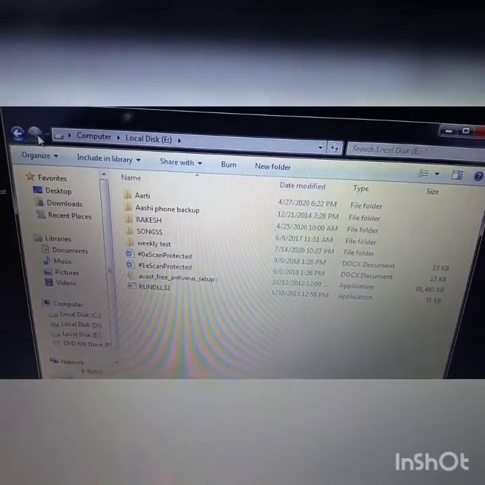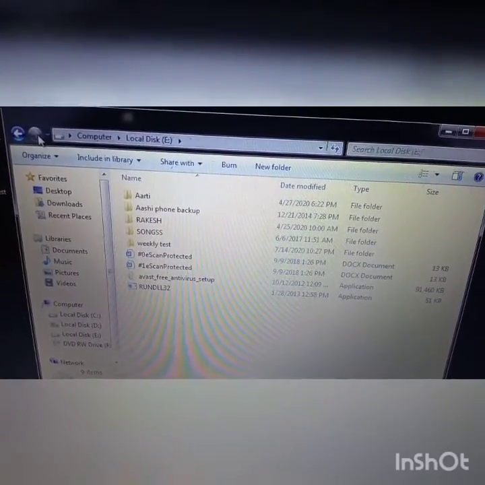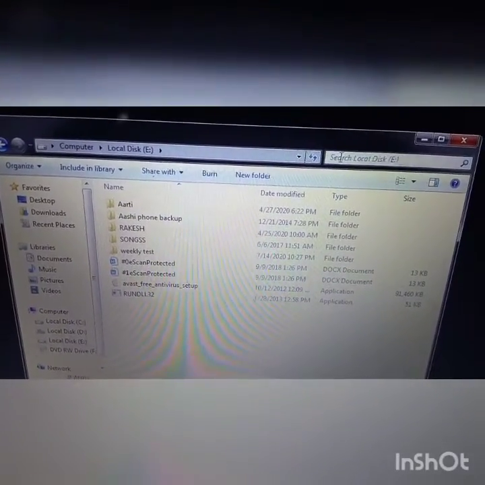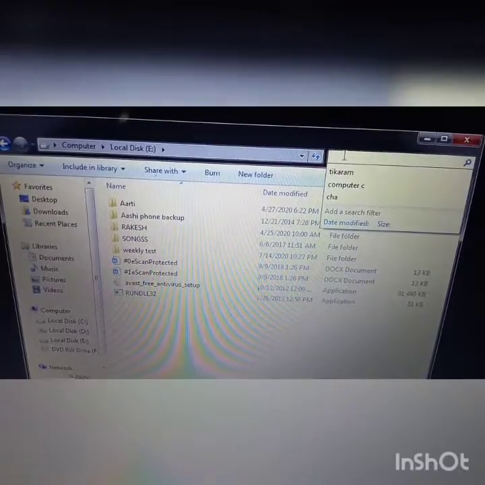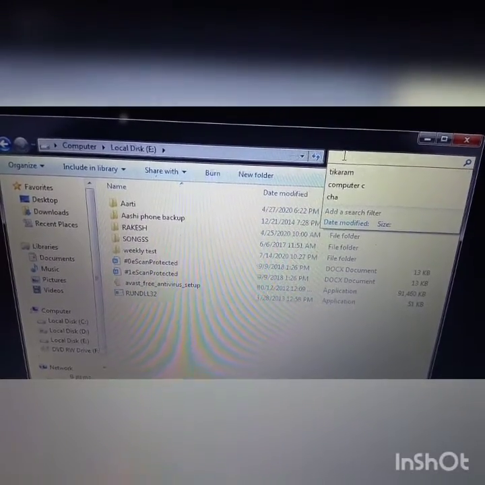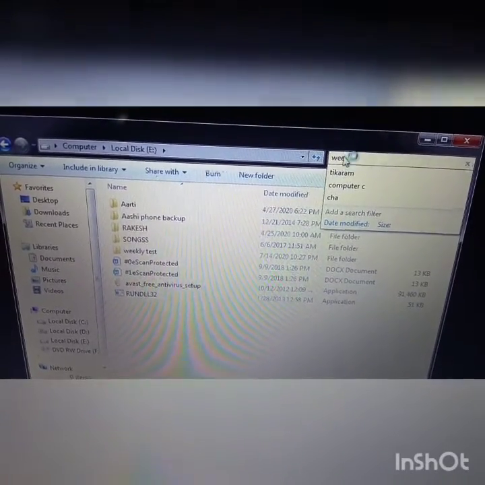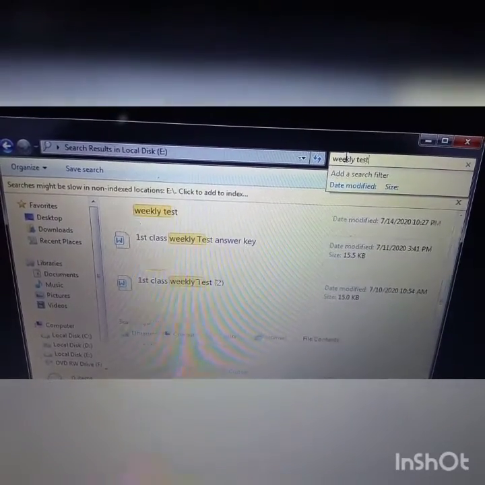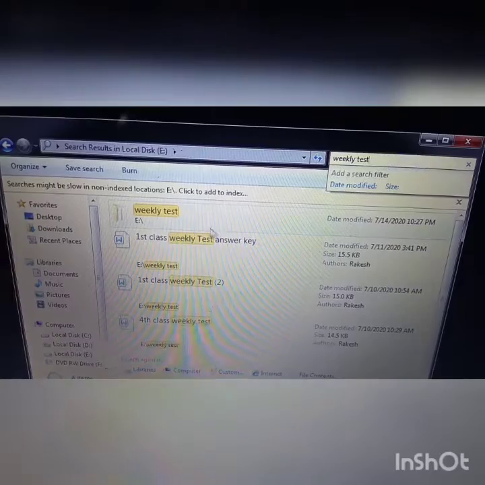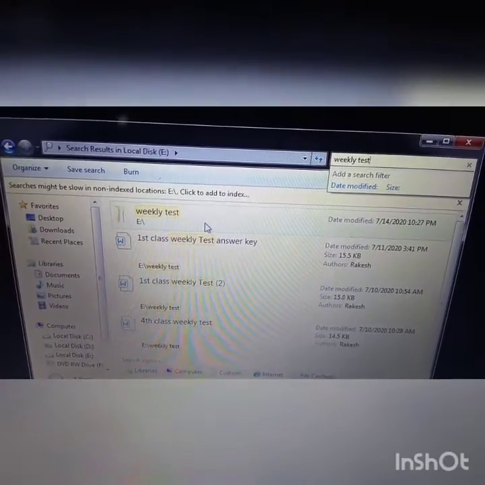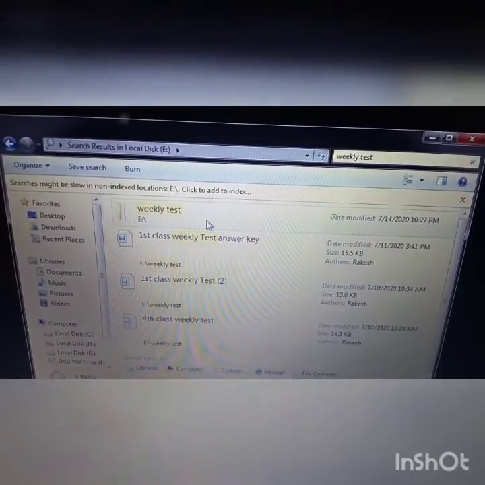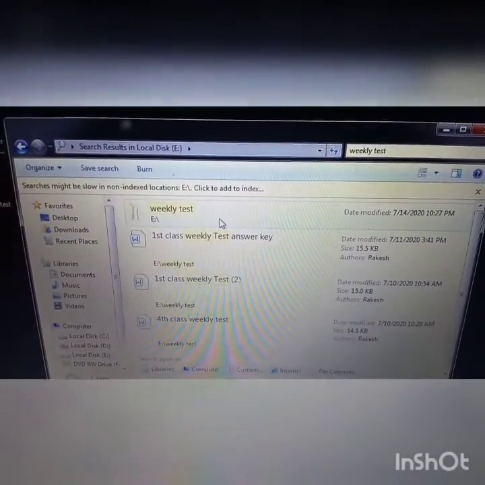Now, search box. To search anything, you can write here. Suppose I want to search weekly test. Now you can see here weekly test. You can understand how I can search.